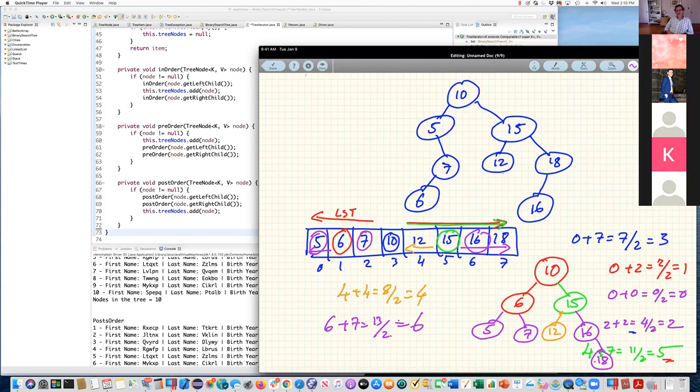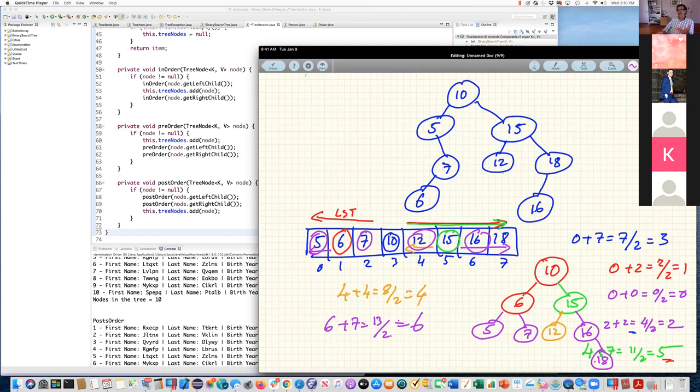Okay? So we're going to traverse the tree in order and get the nodes. And then I'm going to walk through that array in a binary search manner, where I'm searching different parts of the array and picking out the next node to be the left subnode or the right subnode. Okay? That's how that is done. Any questions on that?